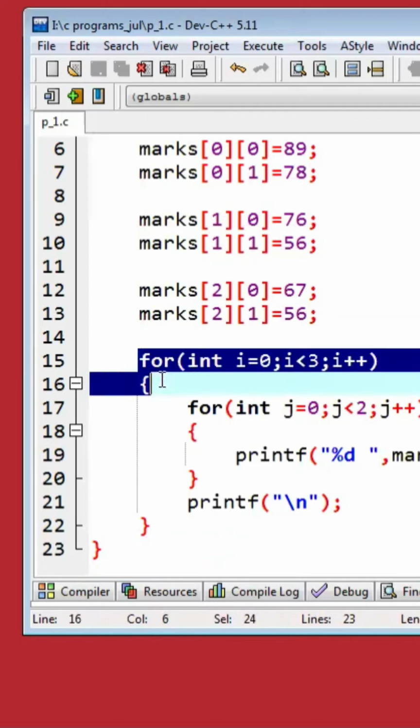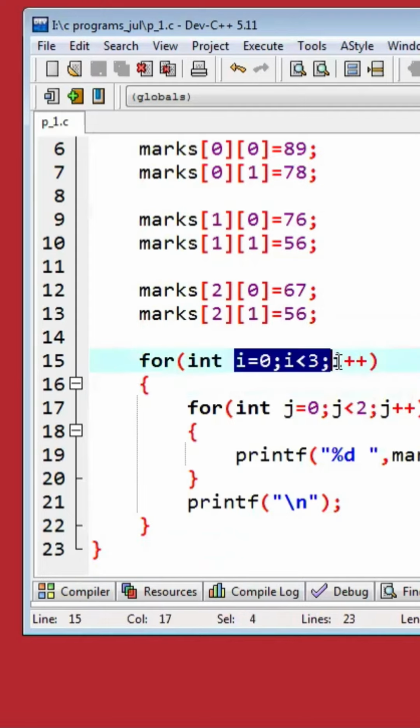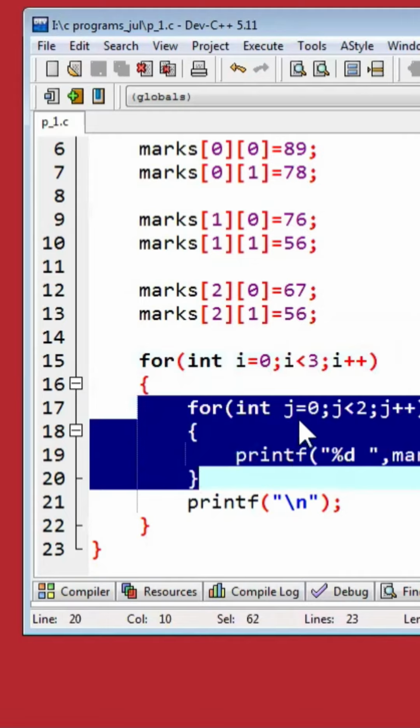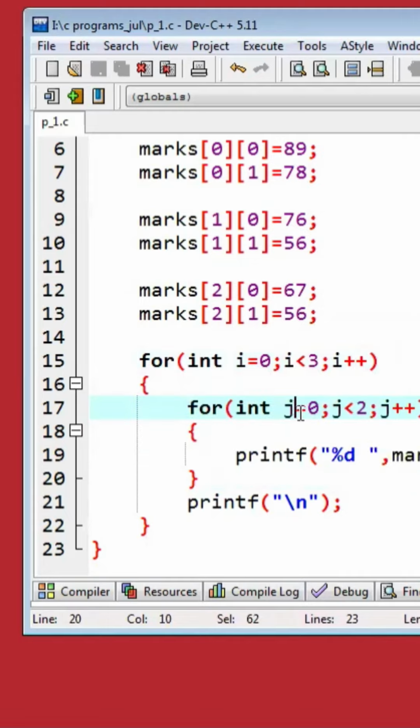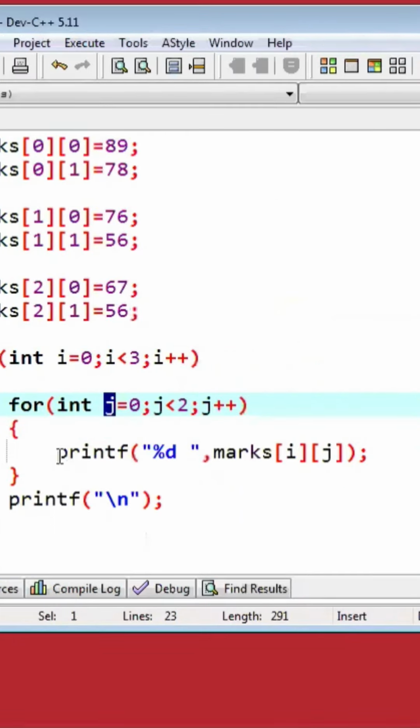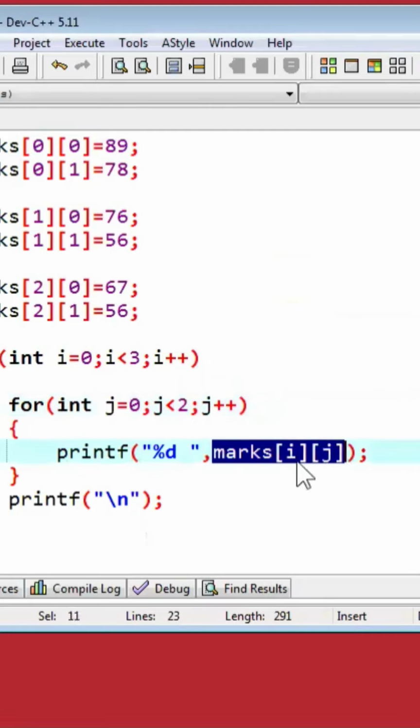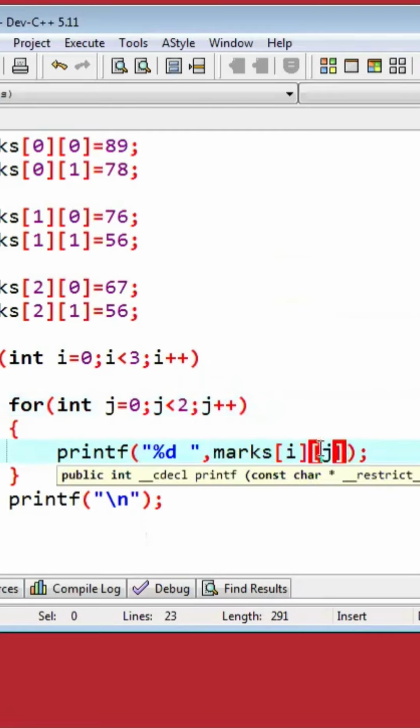So the outer for loop will be counting the number of rows. So i is acting as array index for rows, that is row index, and the inner for loop we have taken to count the columns, that is j is acting as column index. So for printing the same, we have used the printf statement in which we are printing marks of i and j, where i is the index of rows and j is index for columns, that is row index and column